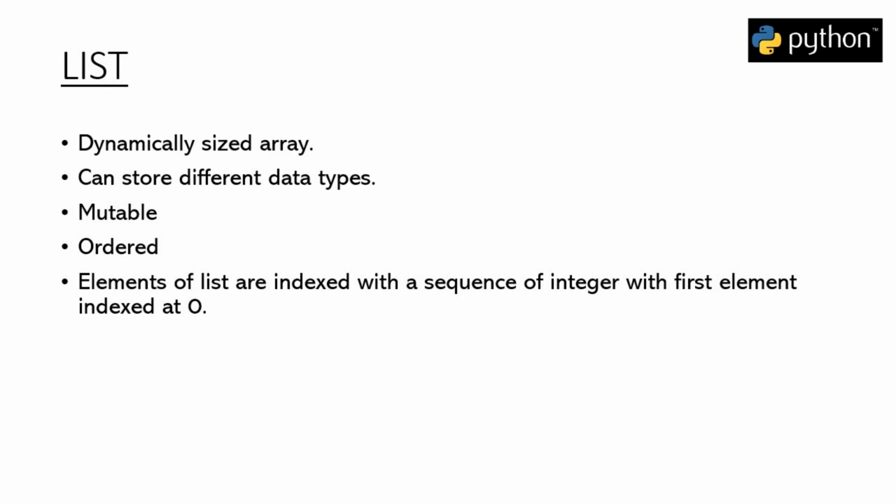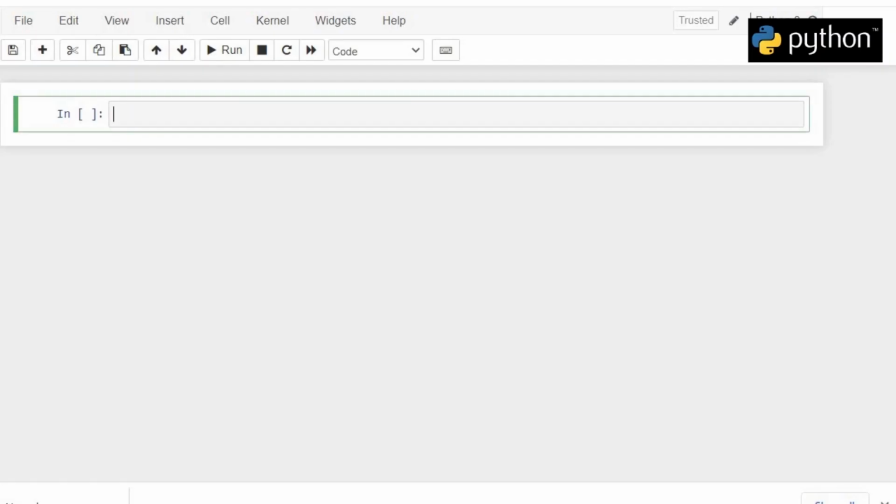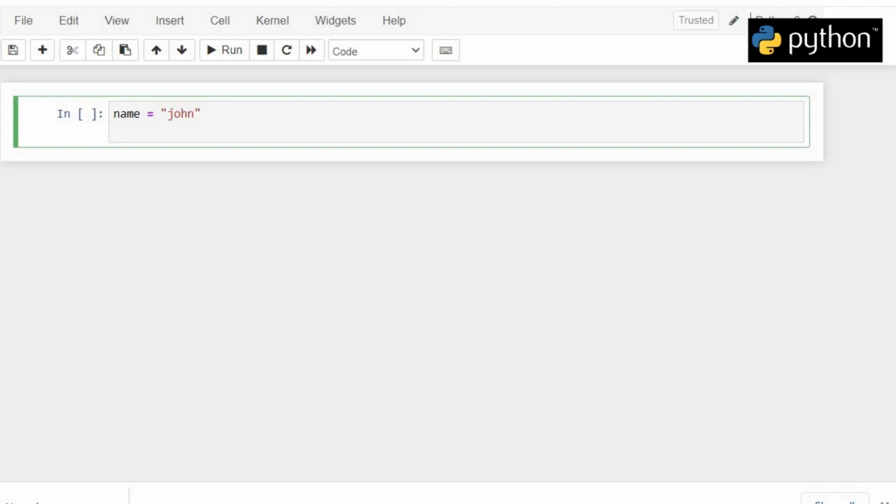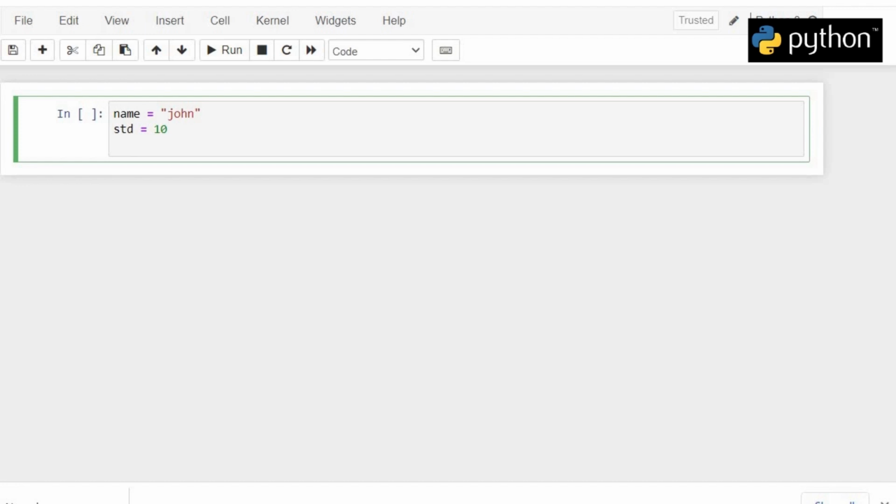For example, let's say we have a variable named name which is storing the name of a student. Let's say in our case it is John. And let's say we have another variable named standard which is storing the class in which our student studies. And let's say we have another variable named passed which is storing whether the student has passed the exam or not, that is, it is going to store a boolean value. If our student has passed the exam, we will give it a true value, and if the student has failed the exam, we will give it a false value. Now in our case, our student has passed the exam, so we will give it a true value.